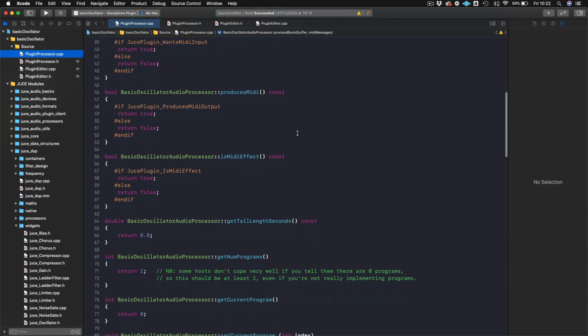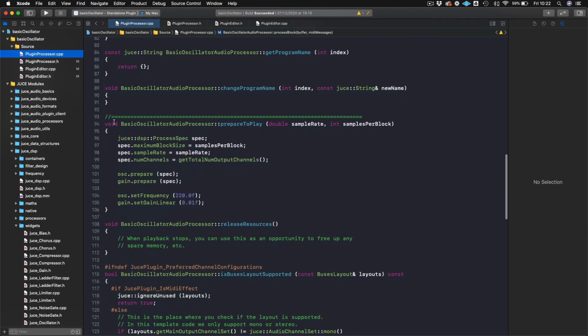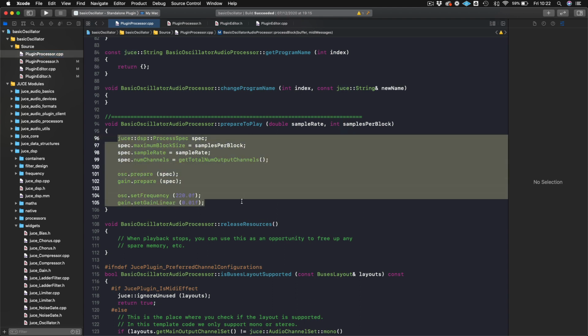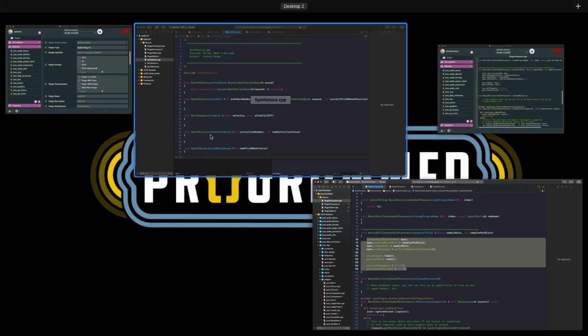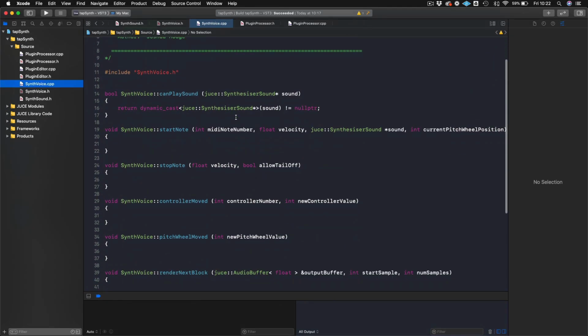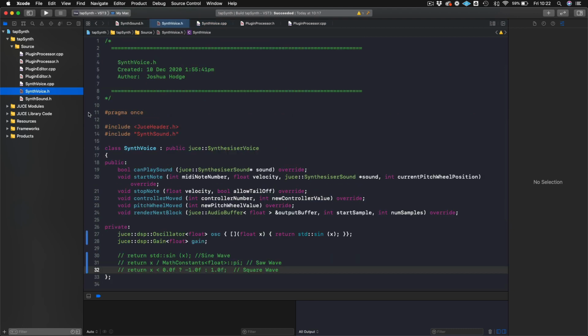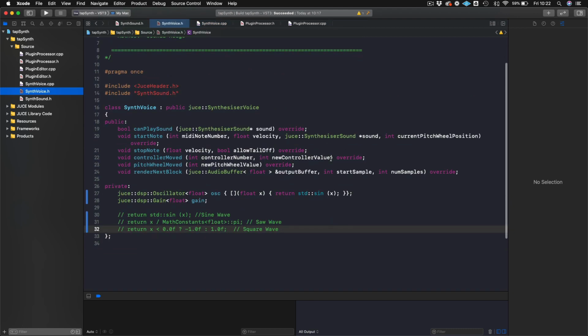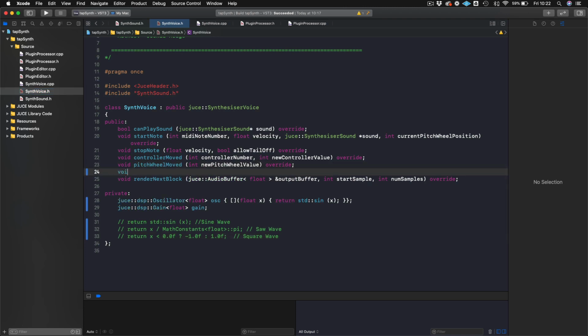And here we have a prepare to play method, where we've got all of this stuff where we're doing our setup. What we'll do is copy this, and I'm actually going to create a prepare to play method in synth voice. Okay, so we don't have one at the moment. I will put this before render next block. So I'll just create a method. I will call this prepare to play,